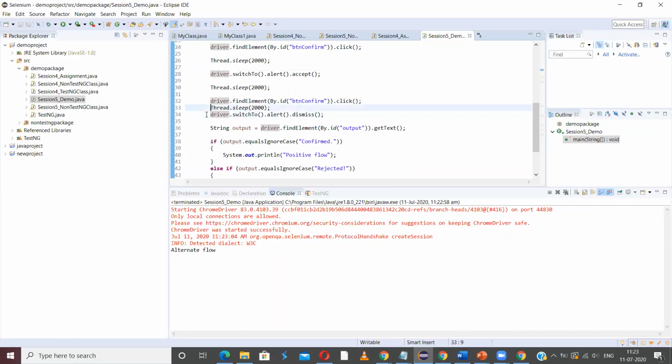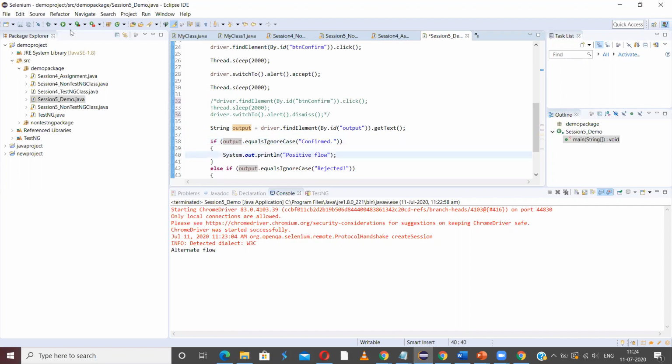Let us first accept. In this case, since we are accepting, it will return confirmed. That confirmed will be captured in the string output. So this string output will have this text, and if both are equal, then it should print positive flow.